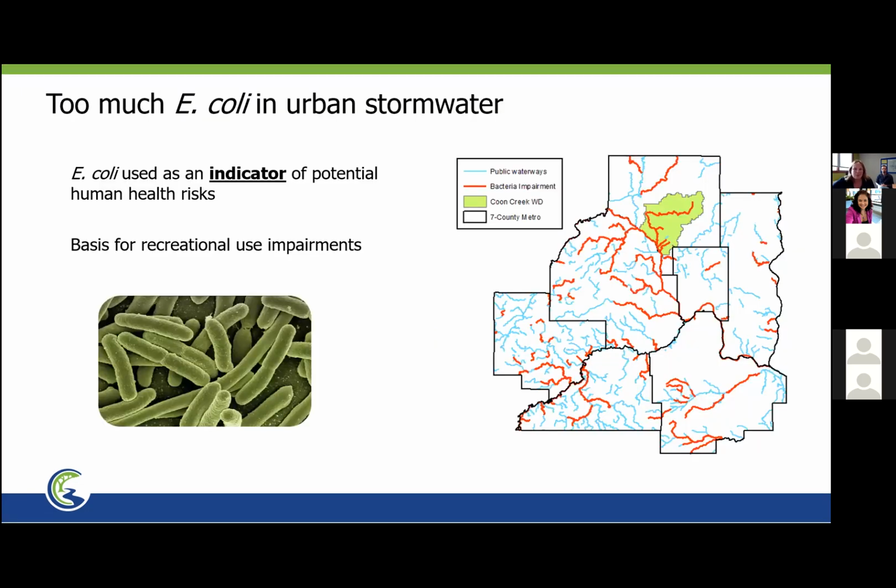So with that, the problem, excess E. coli in our urban stormwater. E. coli is used as an indicator of potential human health risks. And I wanted to bold and underline indicator just to stress that having E. coli in your water does not mean you have human health risk, but it is indicative of possible sewage contamination, and it's correlated with